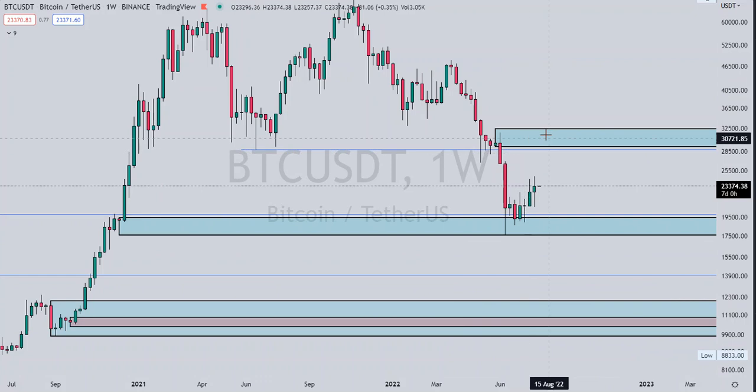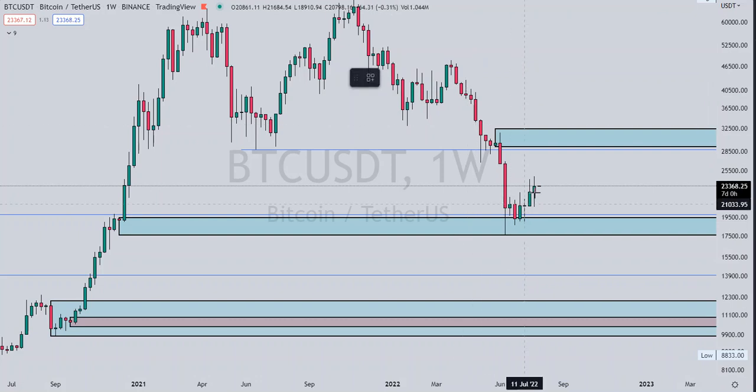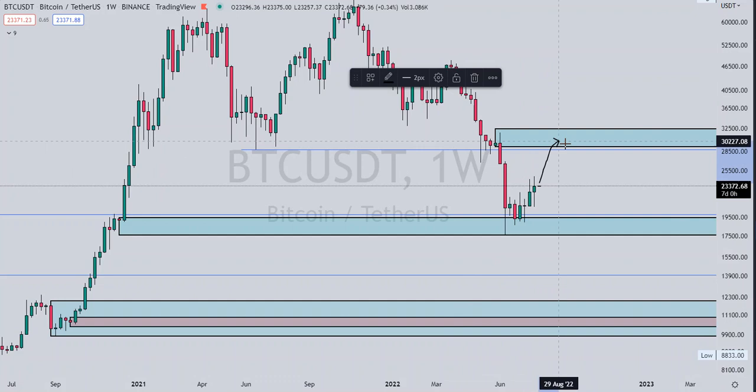And the next important resistance, in my view, is the $13,000 to $13,500 area. If this rally can continue to the upside, I expect to see